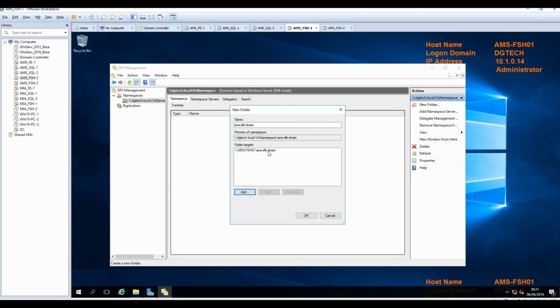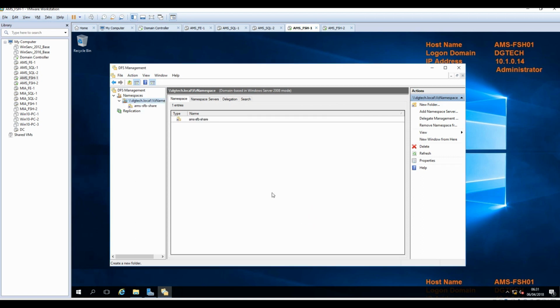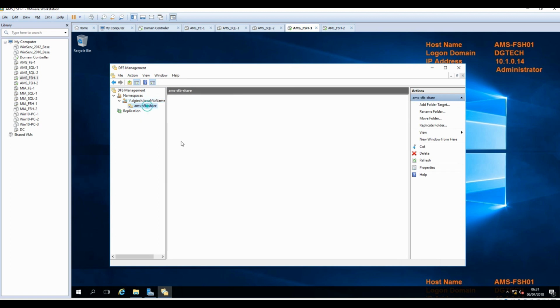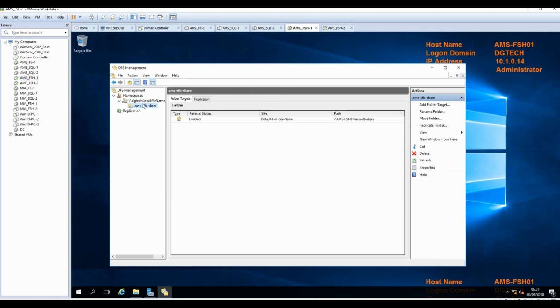Okay, so we've just selected this one. We're not going to add the second folder at this stage itself, so let's just go ahead and do OK. Right, so it has now created the AMS SAP share. I'm going to select that, and now I'm going to add the folder target